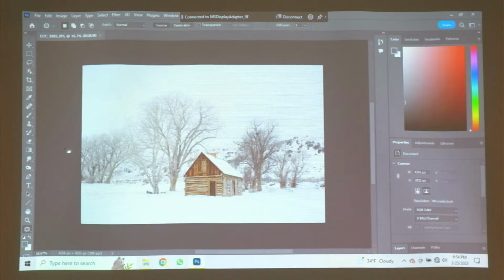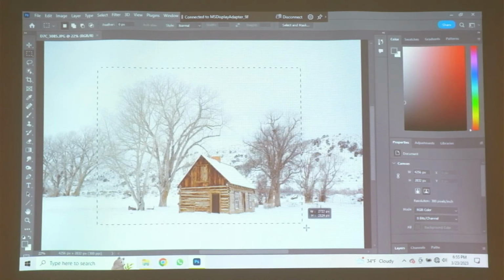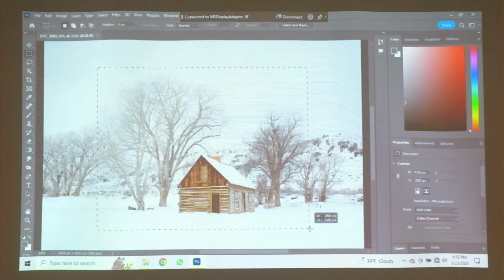That's cool, okay? Now, what I'm going to do is go into this image and show you some of the things that I did to try to make it presentable. First of all, I've got a lot more in this image than I want. So the first thing I'm going to do is crop this down to something that I find to be usable and perhaps a little bit more pleasant, okay? So I'm going to go maybe